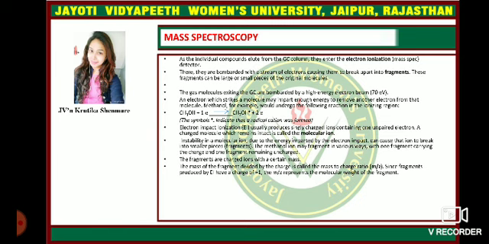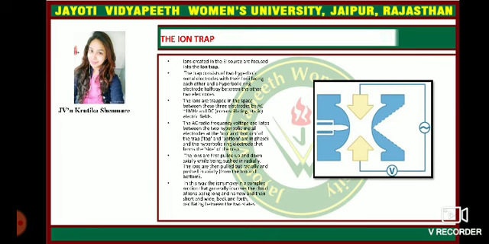The mass of a fragment divided by the charge is called the mass to charge ratio. Since fragments produced by EI have a charge of +1, the m/z represents the molecular weight of the fragment. The ion trap. The ions created in the electron ionization source are focused into the ion trap. The trap consists of two hyperbolic metal electrodes with their foci facing each other and a hyperbolic ring electrode halfway between the other two electrodes.